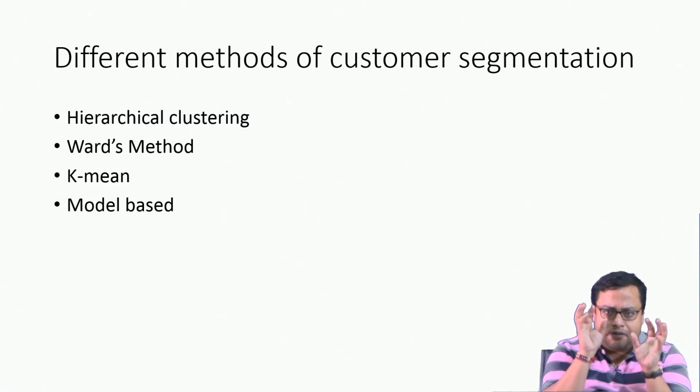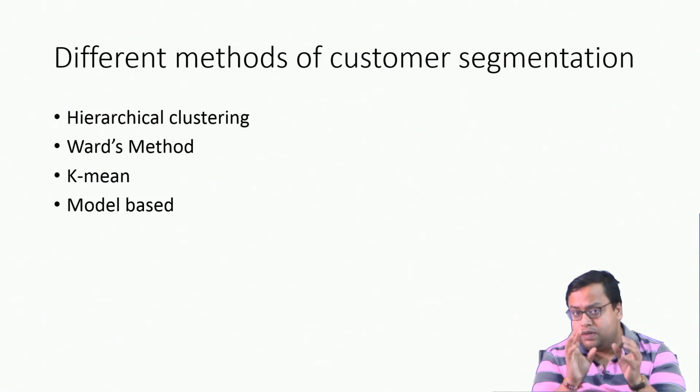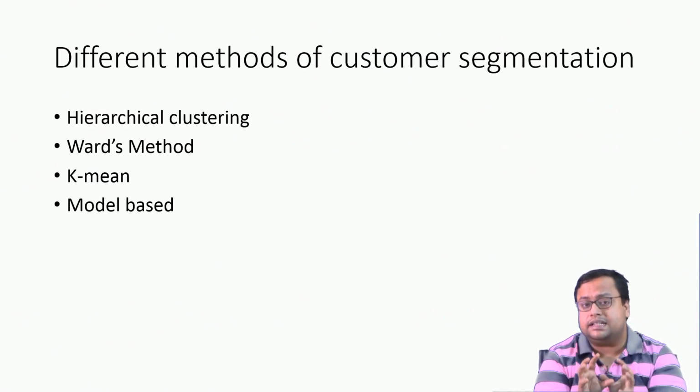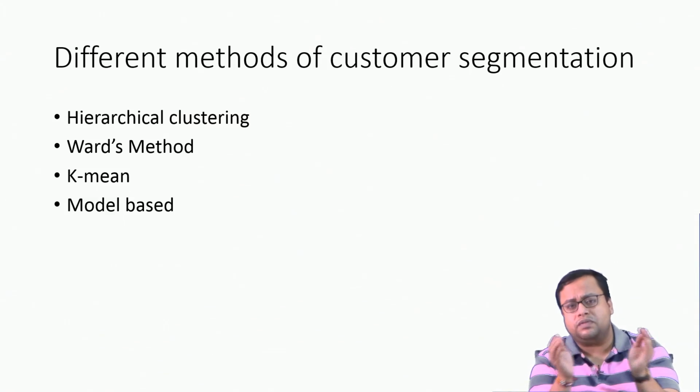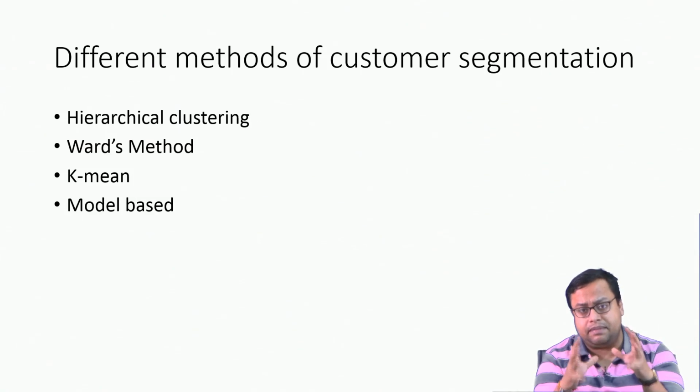So once you have created, now you remember that we have not talked about demographics. We have created all these clusters based on similar characteristics, which is behavioral characteristics. So we are not talking about demographics now, but once you have created 2 segments, 3 segments, you have to name them. You have to name what that segment is.